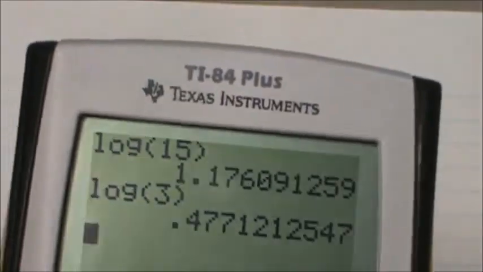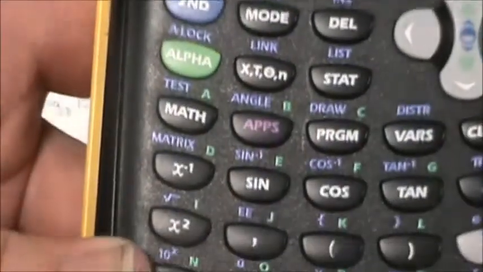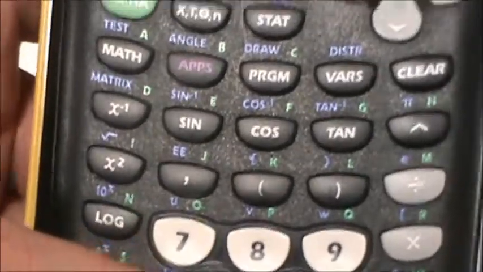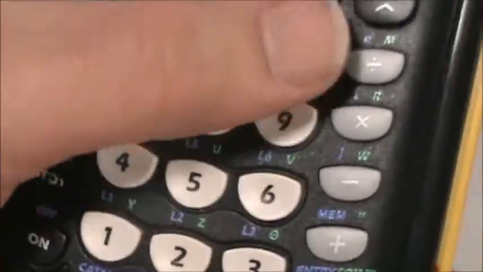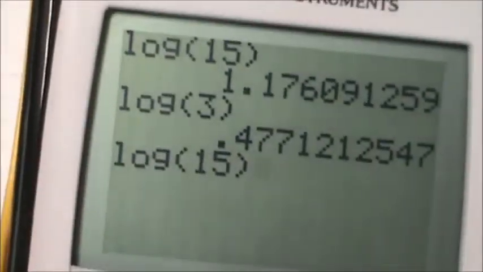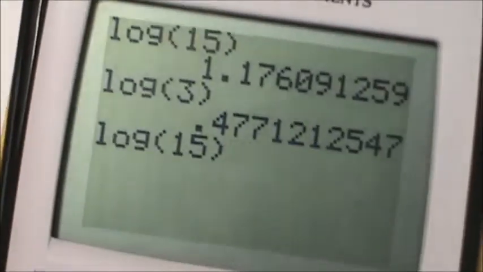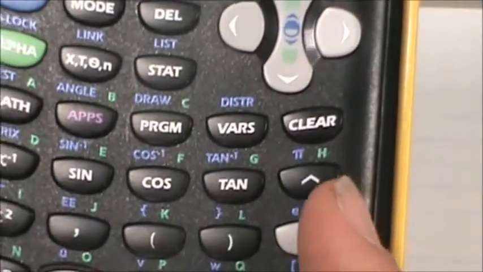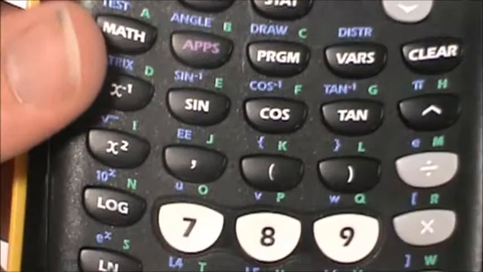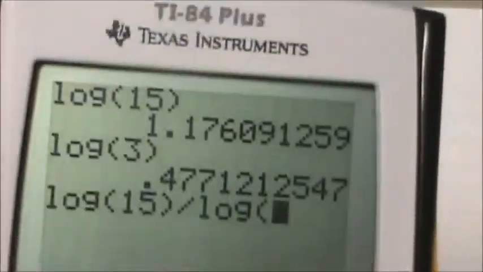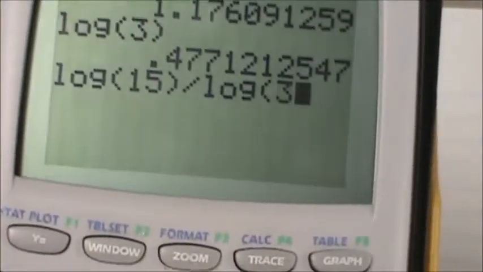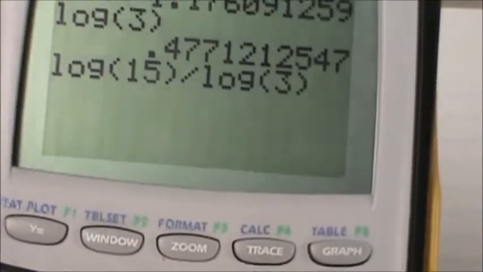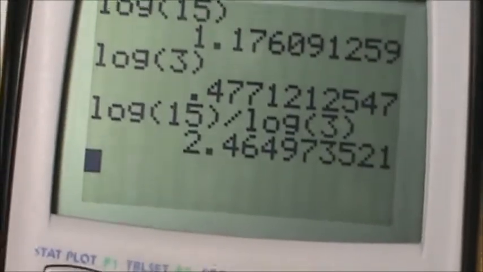But now to evaluate what we were asked to evaluate, which is log base 3 of 15, we're noticing that there's a divides there. So I'm going to show you guys the long way first. We have log of 15 opens, and be sure to close the parentheses. Then hit the divides key right here, and then press log again, and then enter 3, close the parentheses, and hit enter. And you should get